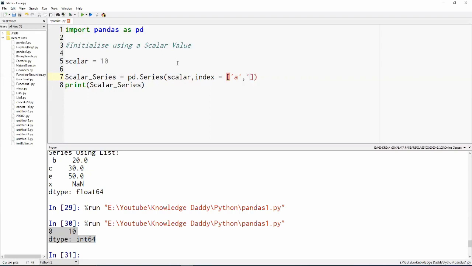I am giving more than one index position. Now, is it correct or wrong? This piece of code is absolutely correct. It won't have any kind of issues.